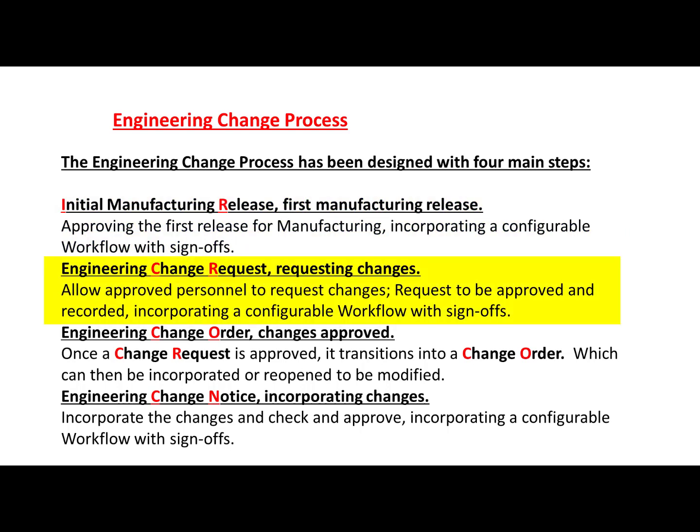The next thing would be an engineering change request. This is where somebody in your organization who has permission can say, wow, you know what, I think we need to do a change here. This is not going to work the way we wanted it, or it's not going to fit, or something else. So they can electronically, quickly create the engineering change request where it can be approved and recorded with an appropriate